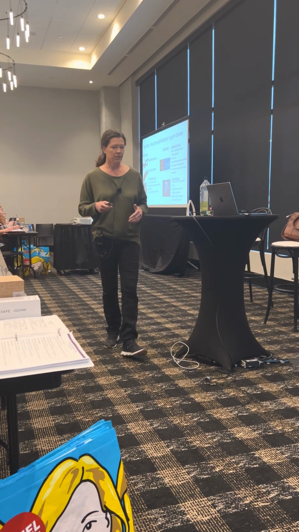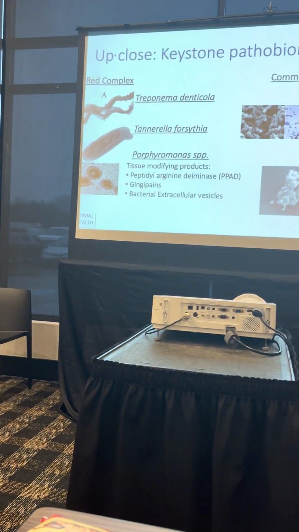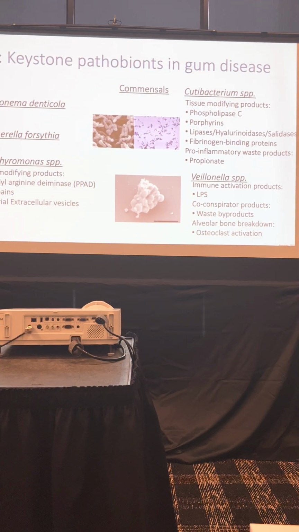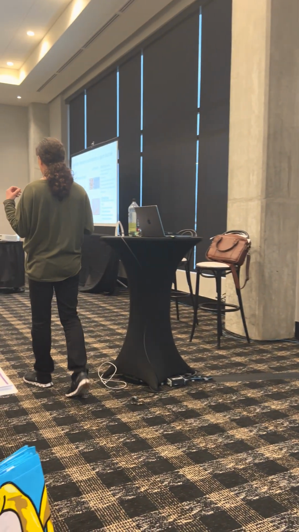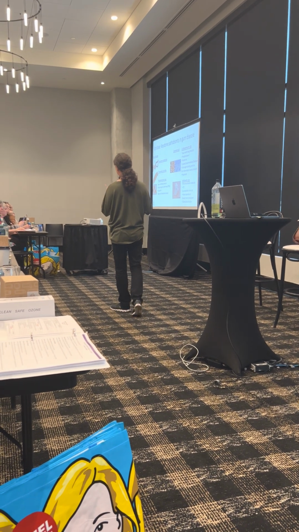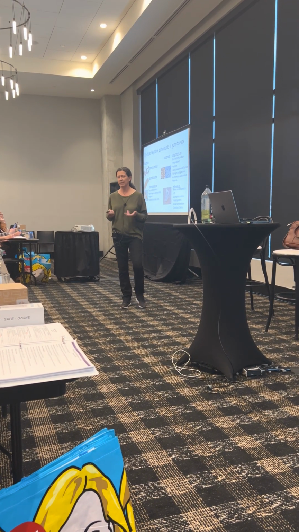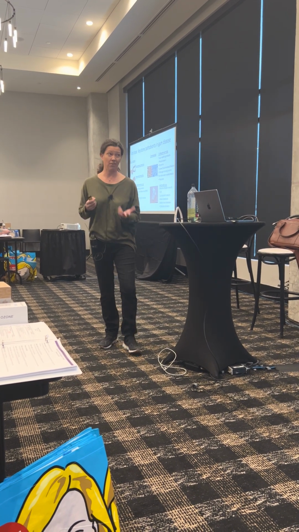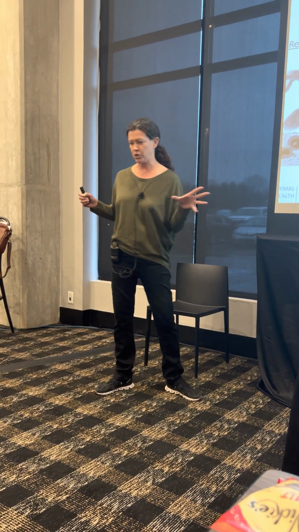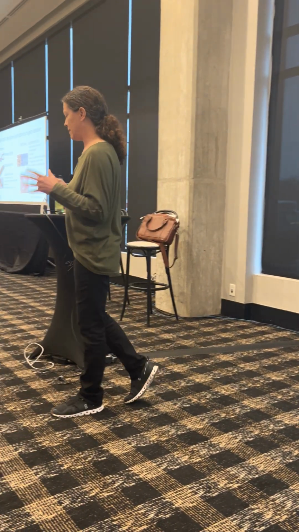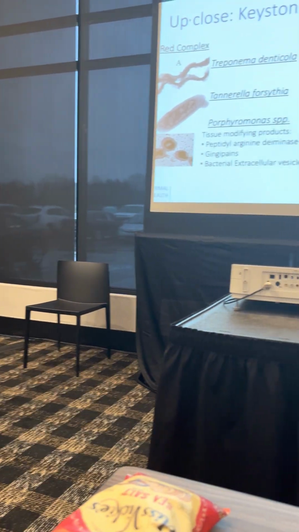So the red complex, so Treponema denticola, you guys might know. Its sister microbe can cause syphilis, has ability to penetrate the blood-brain barrier. Tannerella forsythia is a pretty cool bug, underrepresented, is present in a lot of people. If you're probably 65 and older, you probably have a decent amount of Tannerella in your mouth. Porphyromonas, we're seeing even few months old kids having Porphyromonas in their mouths, and that's really not a good thing. Probably inherited from their mom. And they have things that can completely change tissue, modify their host environment, make them survive more and replicate more. And gingivitis are implicated in Alzheimer's disease,